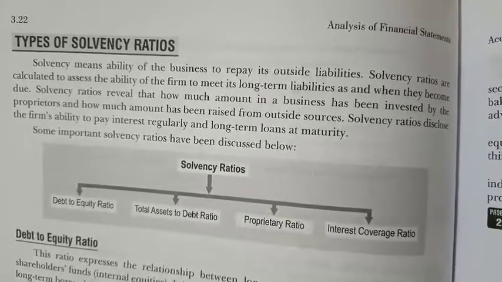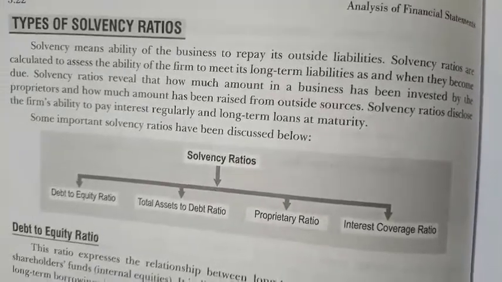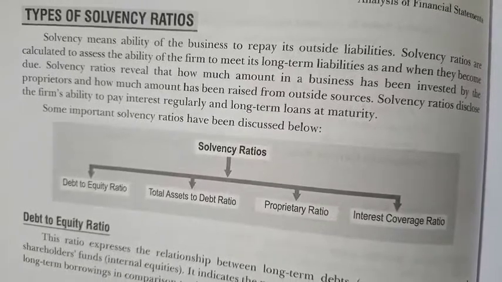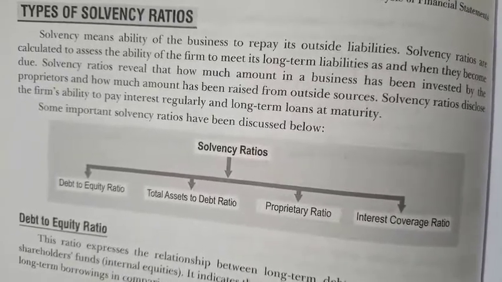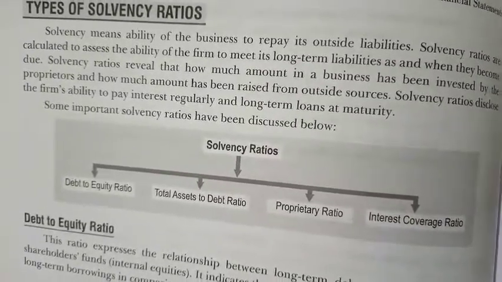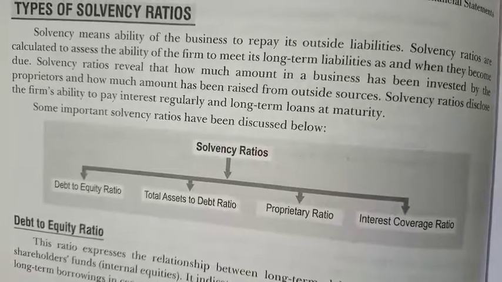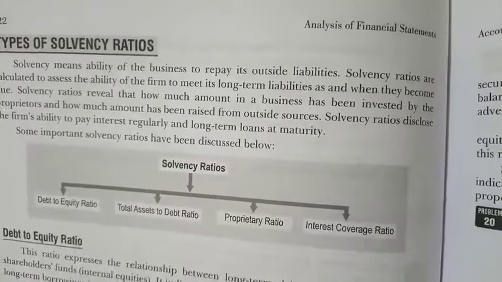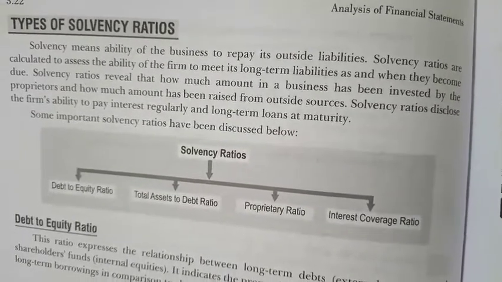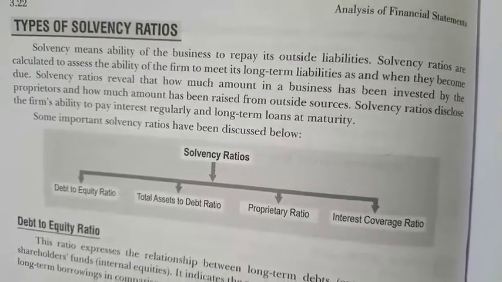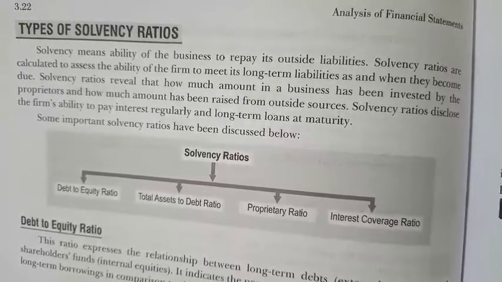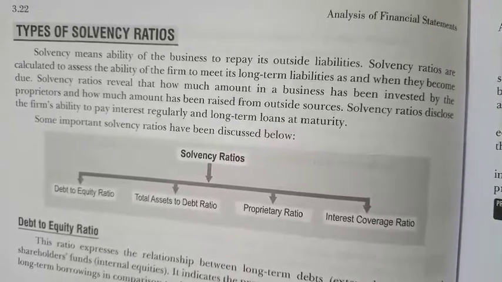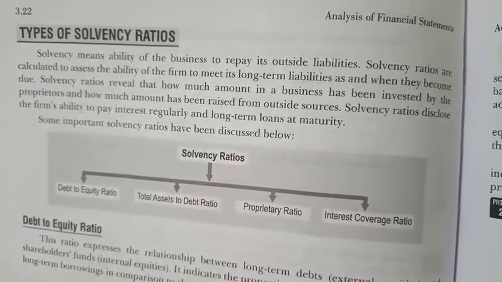Today's topic is solvency ratio. Firstly, we want to understand what solvency ratio is. What is solvency? Solvency means the ability of the business to repay its outside liabilities. Solvency ratios are calculated to assess the ability of the firm to meet its long-term liabilities as and when they